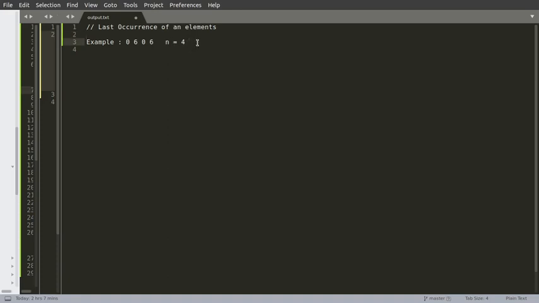So you are also given one target element. Let's say this is 6. So here you can see 6 is present at 0th index and 6 is also present at 3rd index. So in that case we have to return 3. So yeah, that's the problem. Let's see how to solve the question